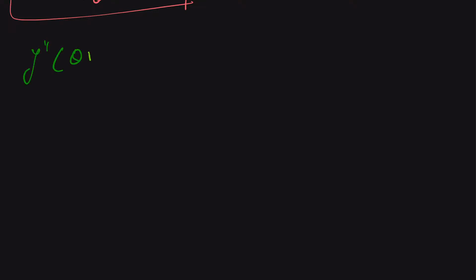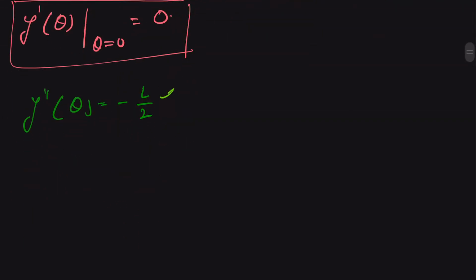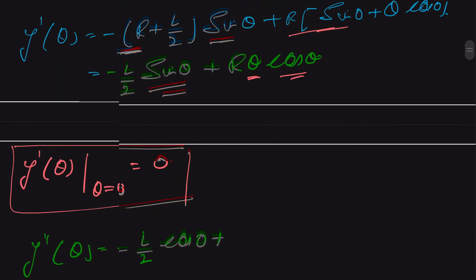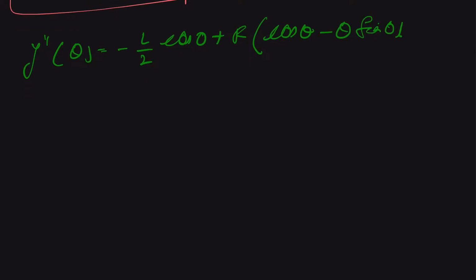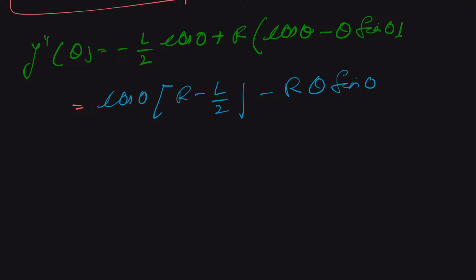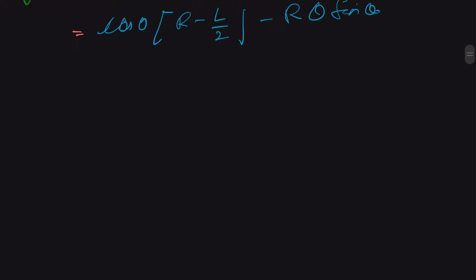y double prime theta, and that will be minus L by 2 cos of theta plus, once again we can use the product rule, so this comes as r cos of theta minus r theta sine of theta, and we can take cos of theta as common, so we get cos of theta times (r minus L by 2 minus r theta sine of theta), and we evaluate it at